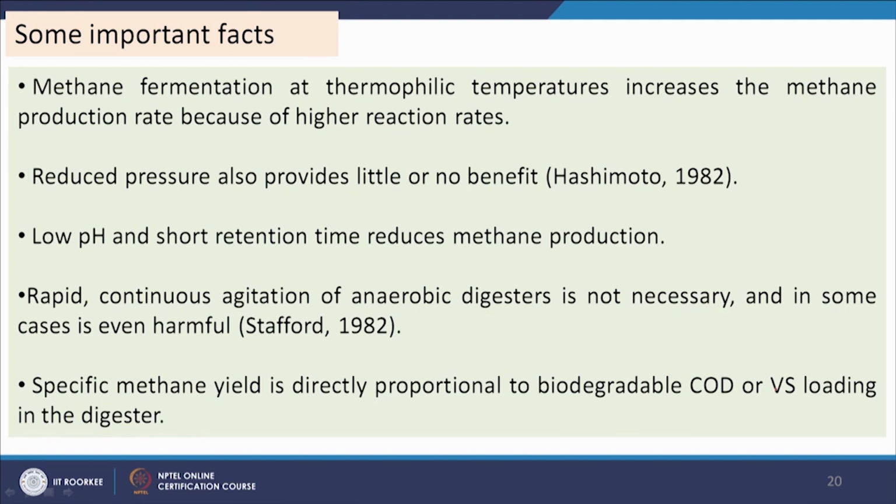Now, we will discuss some important facts. Methane fermentation at thermophilic temperatures increases the methane production rate because of higher reaction rates. At higher temperatures we get more methane production, and reduced pressure also provides little or no benefit. Low pH and short retention time reduce methane production, and rapid continuous agitation of an anaerobic digester is not necessary, and